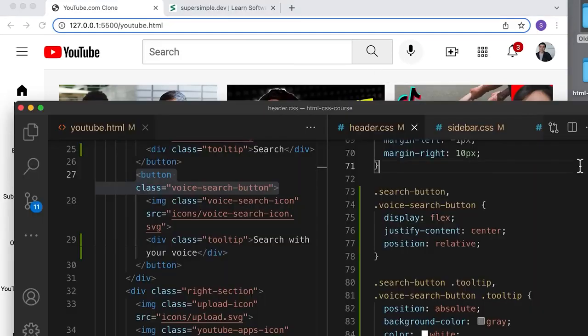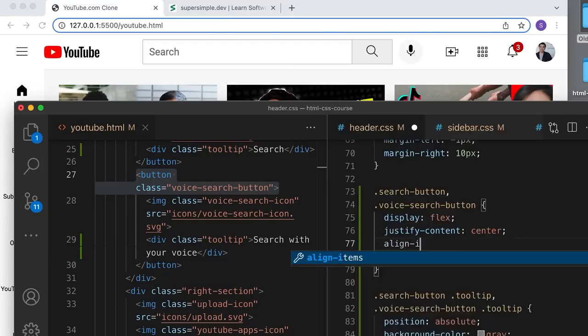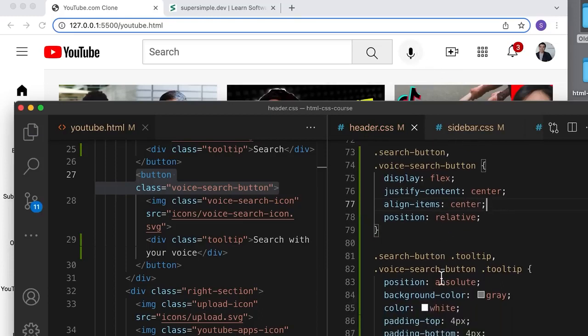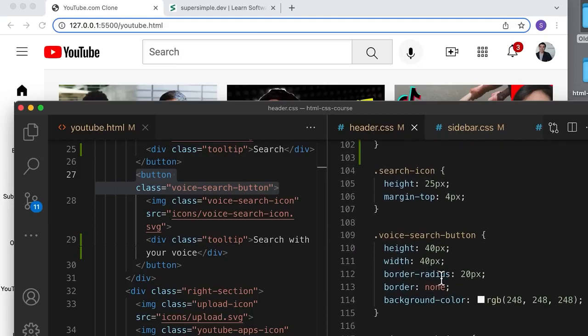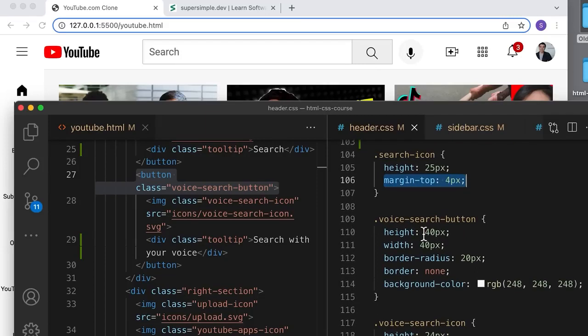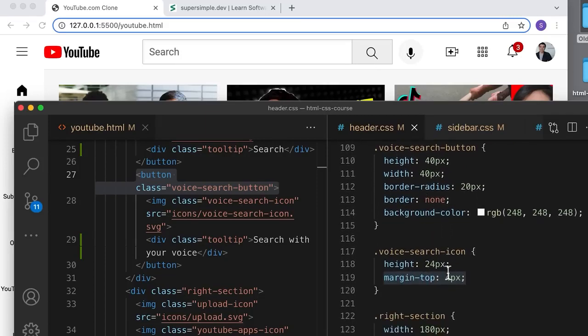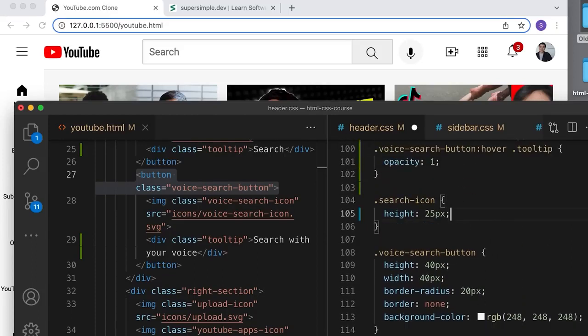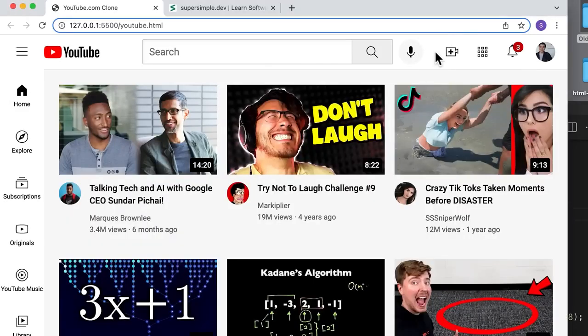So let's go back into our code and we're going to align them in the center with align-items: center. Save it. That didn't seem to work, but if we scroll down into our code, way earlier in the course, we actually added margin-top to the search icon as well as the voice search icon. So we just need to get rid of this margin-top and let the flexbox handle the vertical centering. If we save that, now the icons are perfectly centered, and if we hover over, we have a centered